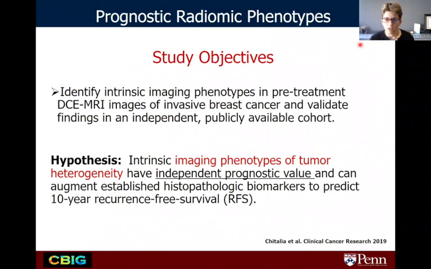Okay. So I'll show you some results from one of our studies that was published late last year on basically how we evaluated how reliable these imaging phenotypes are and how much independent prognostic value they have. So, okay, we can see that information from imaging, but is it the same as the one we get from the molecular assay that women are already getting in the clinic? And is it very different from the conventional histopathologic information?